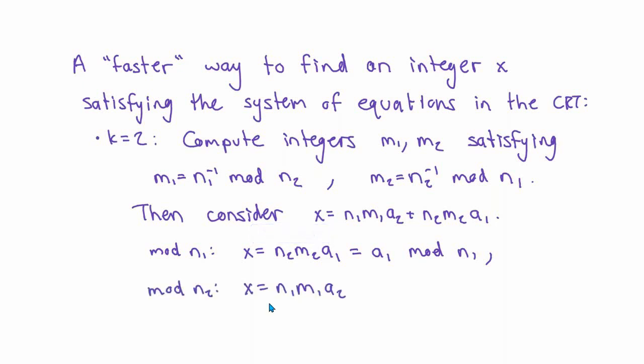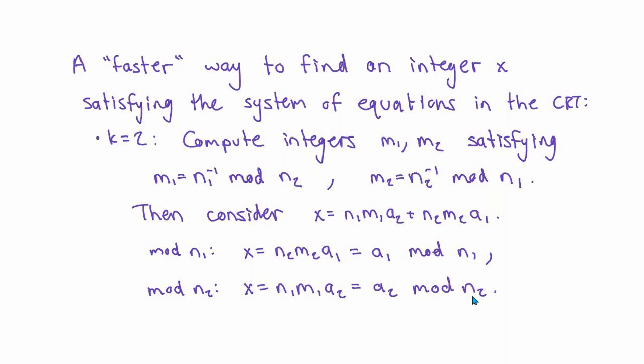Now similarly, if you consider x modulo n2, the second factor disappears and you just get n1 m1 times a2, but because m1 was chosen to be the inverse of n1 modulo n2, this just reduces to a2 modulo n2. That shows that this integer x is a solution to the system of equations in the Chinese remainder theorem. And of course, we can replace x by any other representative for the same residue class modulo the product of